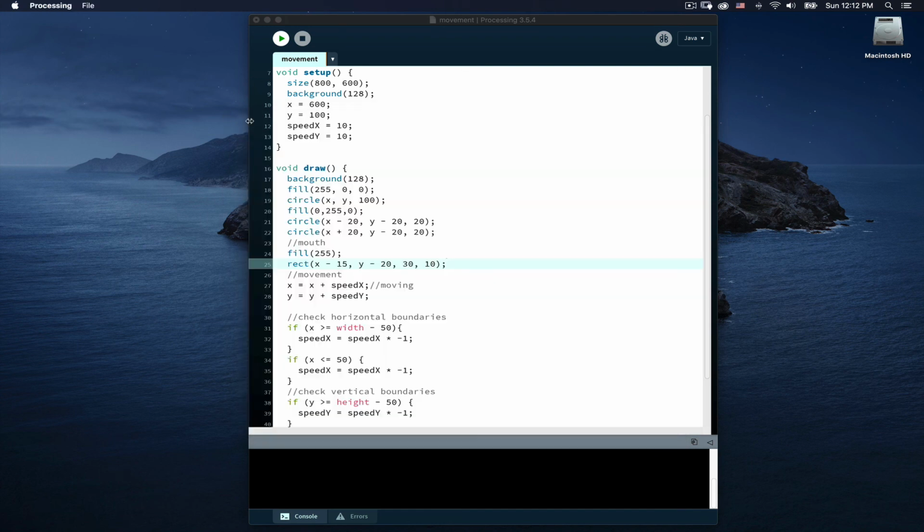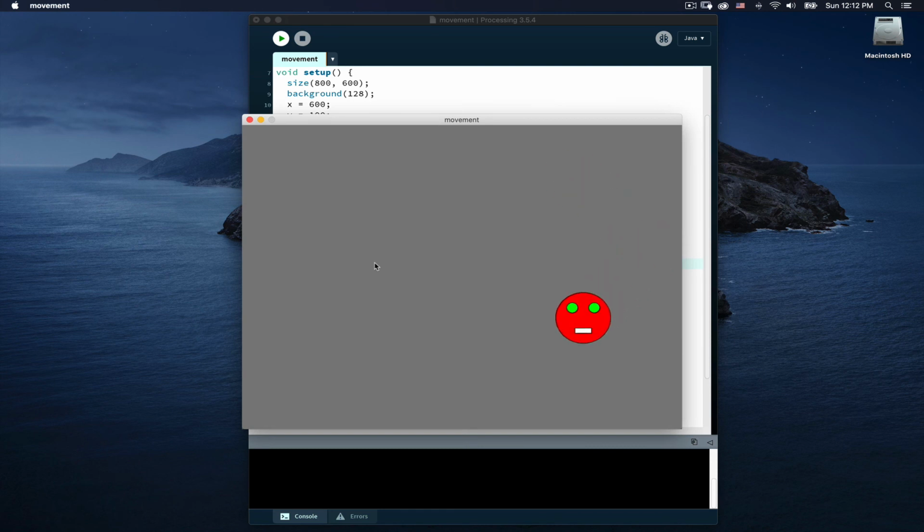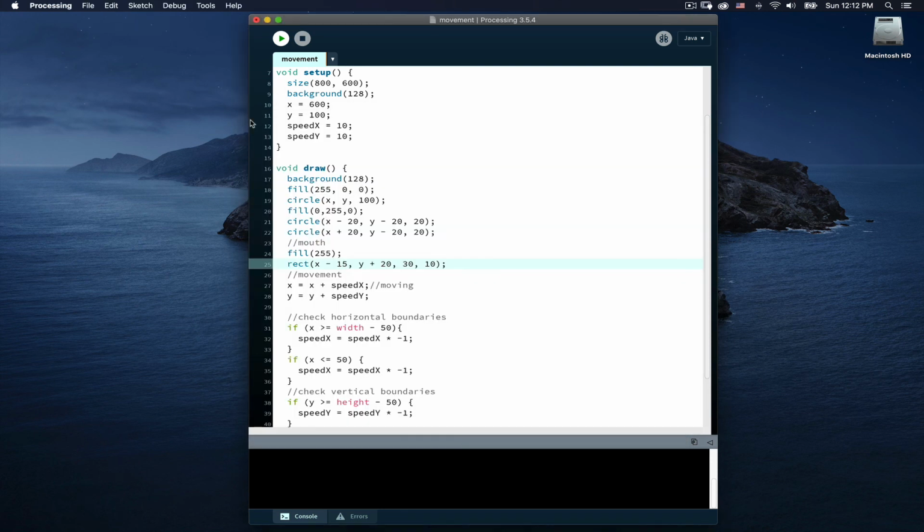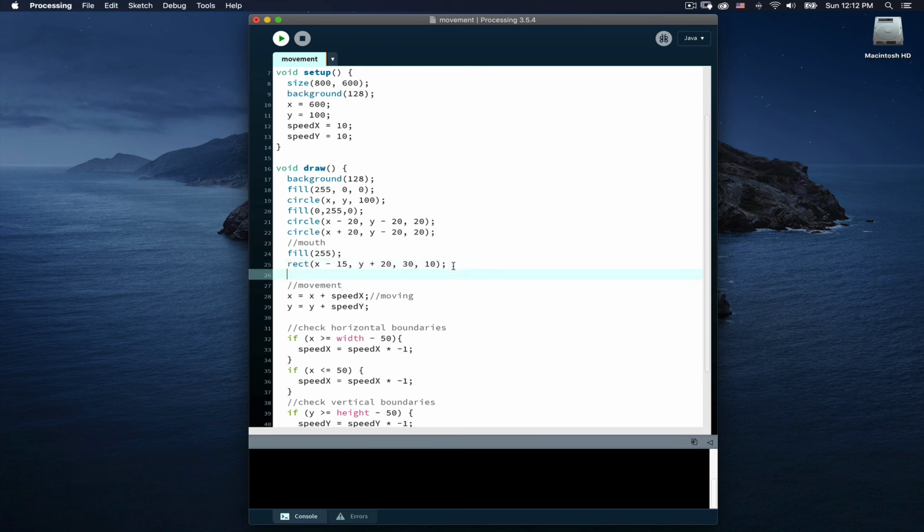Oh, did I say minus y? I wanted plus y, not minus. I want it to be in the lower half. So now, this time when I run it, we'll see now I've moved it down. So that keeps the head on screen. But what if